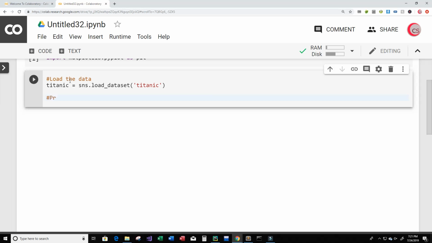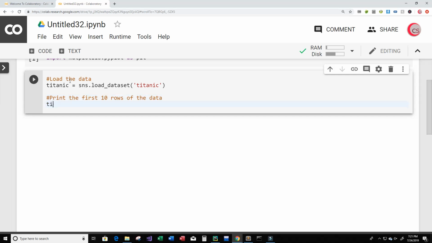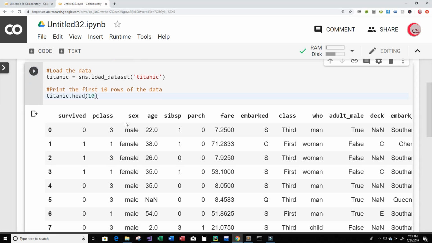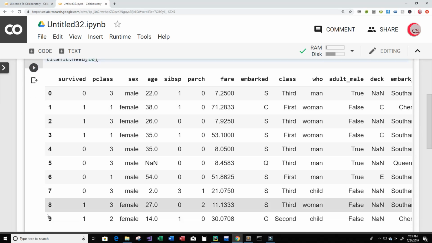So here we will put in comments print the first, we'll do 10 rows of the data. Okay, so to do that, I just type titanic.head, and then we'll put 10 there, and let's run this. Okay, and now we can see that we get back 10 rows of data,